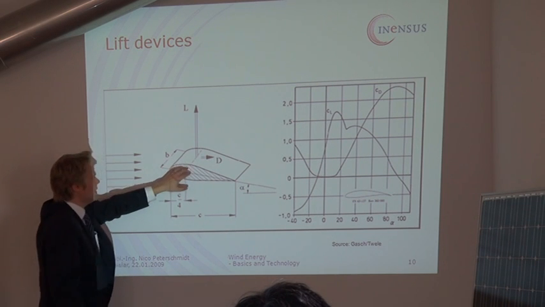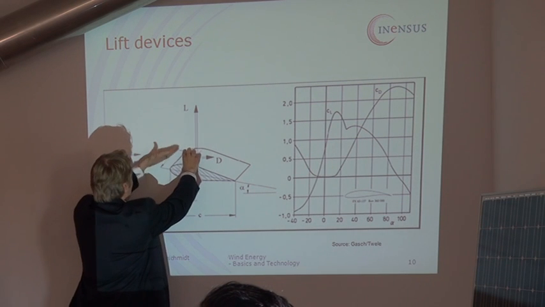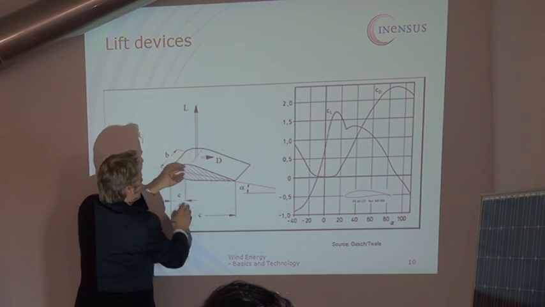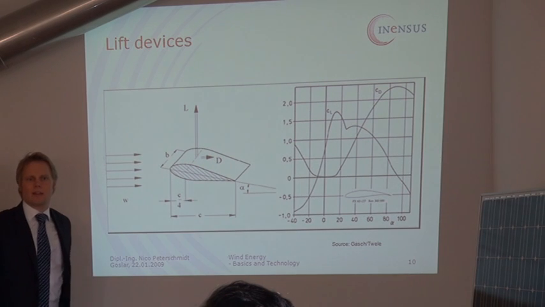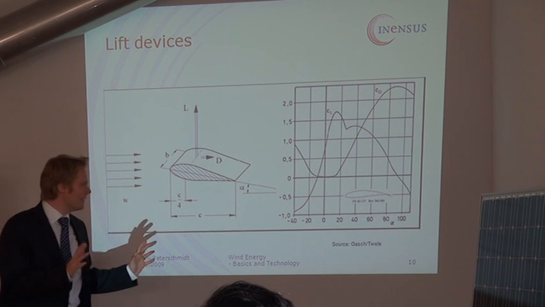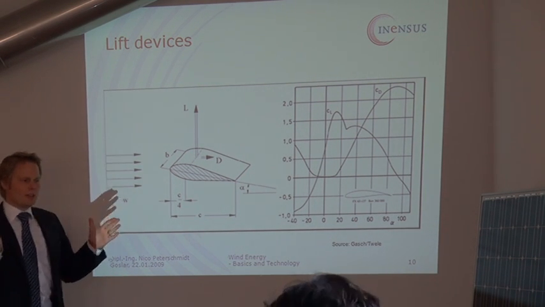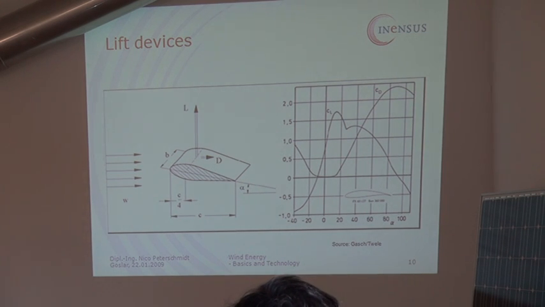Yeah? And by decreasing the speed, increasing the angle, sorry, it's the other way around. So you increase the angle, and you get into a stall effect at the end. Meaning that with an assumed constant wind speed, by decreasing the rotational speed, you get less efficiency from the blades due to the stall effect, and that is what you could use to decrease the power output of a rotor at the end